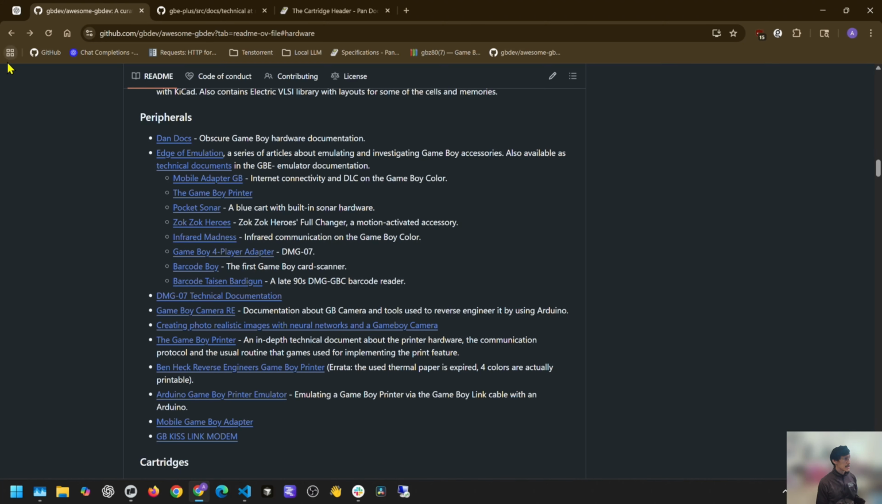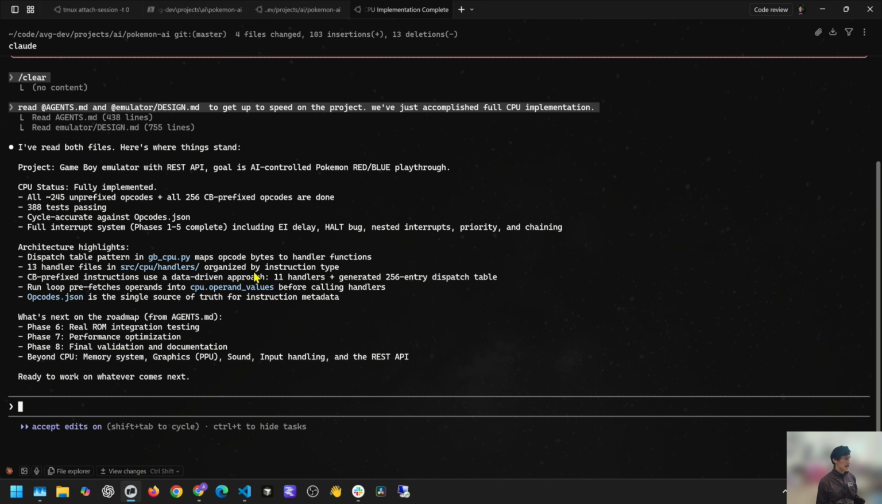Hello, so today let's continue on with implementing our Game Boy emulator. Still using Claude Code. I have already set it up to gain some context. Now, I think the next thing that we should implement, so we're done with the CPU, is probably loading up